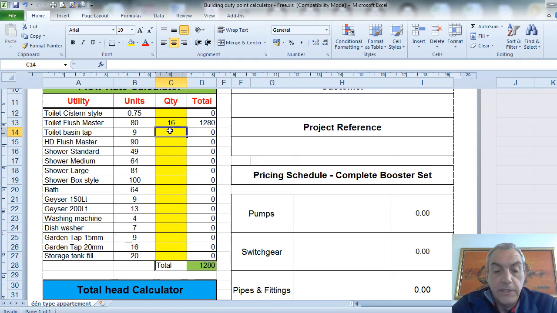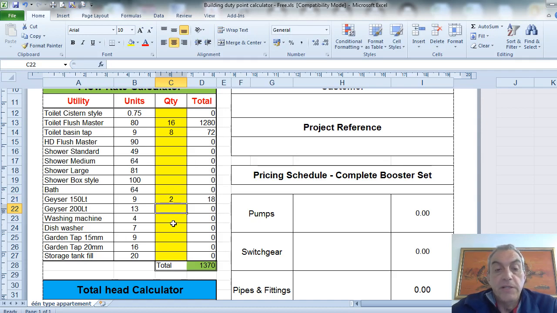and let's say mixer style basins for all these 16 flush masters in an ablution block is only 8, and we don't have any showers, we don't have any baths because it's an office complex, but we do have a hot water source. Now the calculation that we work on is the toilet basin taps. Every 5 toilet basin taps would be the same consumption as the refill rate on a 150 litre geyser. So in this case here, we almost have 10 basin taps. So to be conservative, I'm going to put in the fact that we have 250 litre geysers,